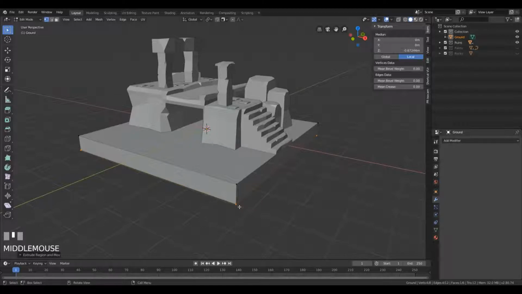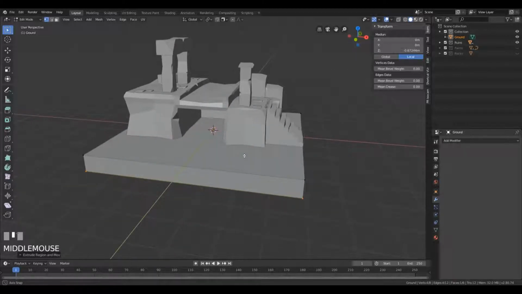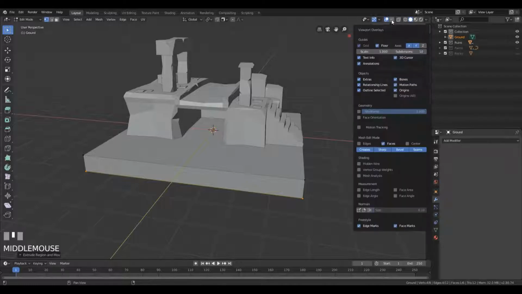sometimes it messes up the normals. So let's check on that real quick. And if you go here to the overlays, there's a little arrow here, and if you click that, there's a bunch of options how you can set up your view. And right here at the bottom there are these normal icons, and I've talked about it a little bit in the first episode. So yeah, if we enable normals for faces here,